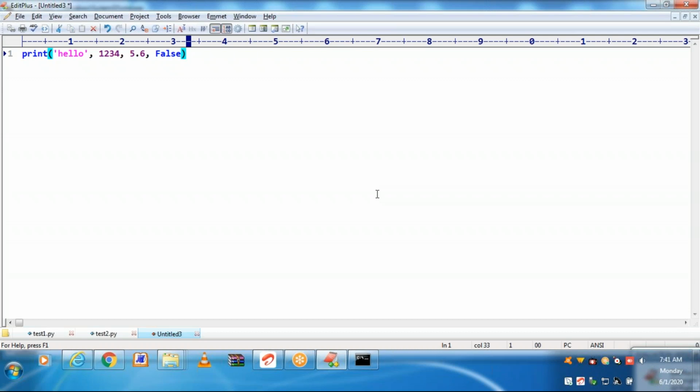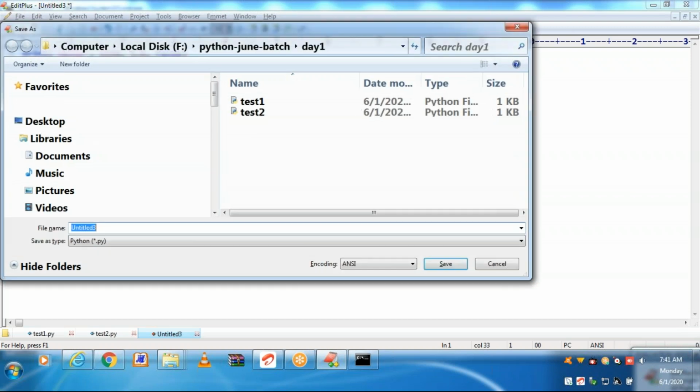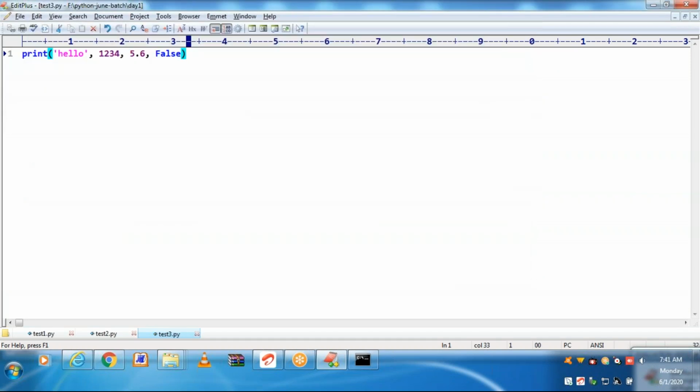Let me save it as test3.py. Hello, numeric int, numeric float, then Boolean. Try to save.